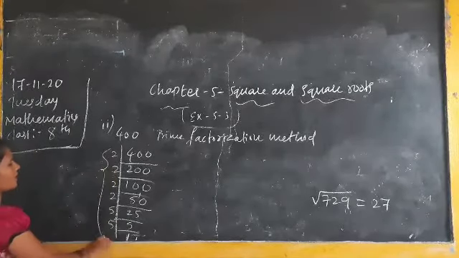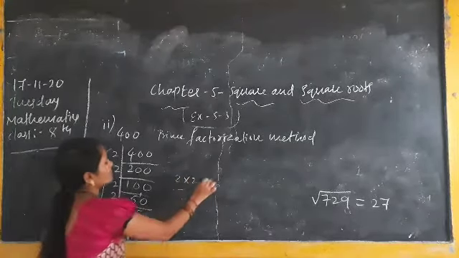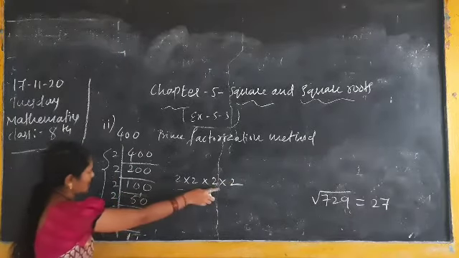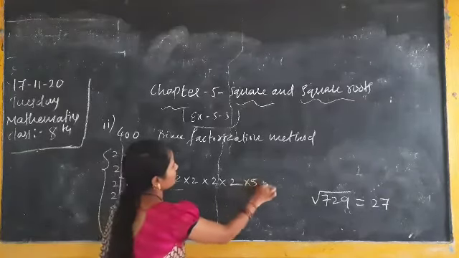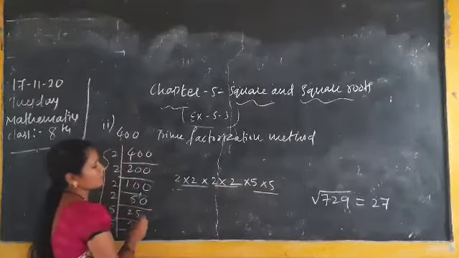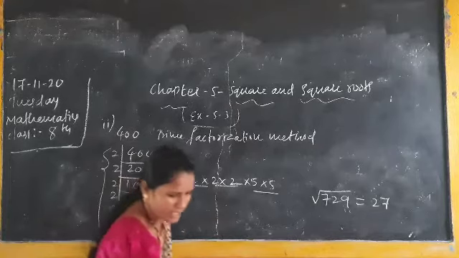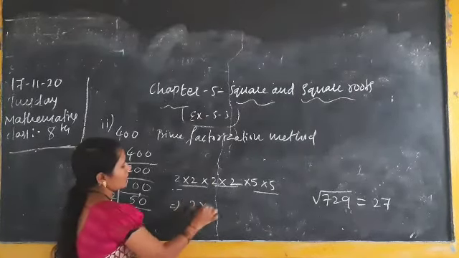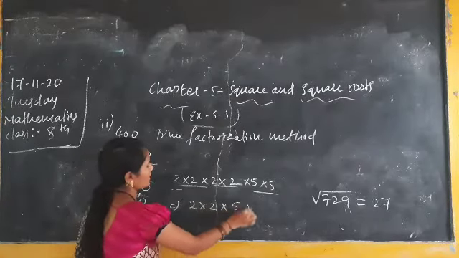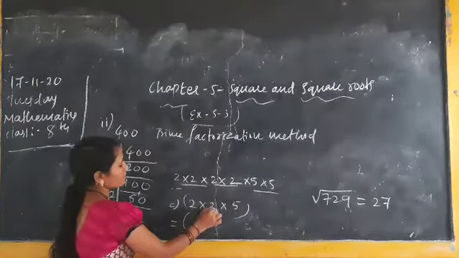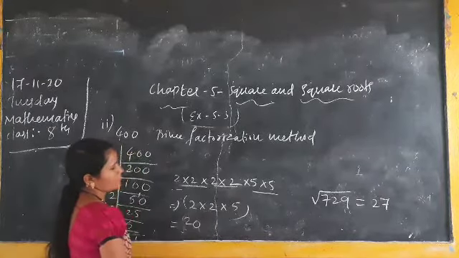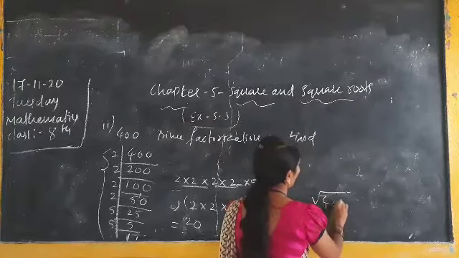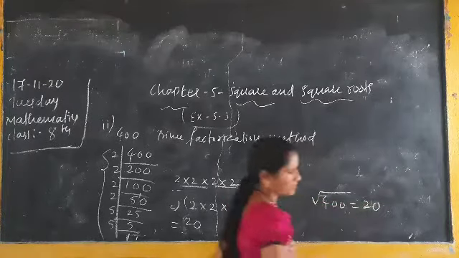Next I said make a group. Means here 2 into 2 into whatever is there. 2, how many times am I here? 4 times. I have written here 4 times. Remaining 5 will be 2 times. Here make a group. 2 groups make it. And next what are you doing here? I said take 1 time. Here 1. Next here 1. Next here 1. Total how much? Here 2 2s are 4. 4 5s are 20. Means square root of 400 will be 20.